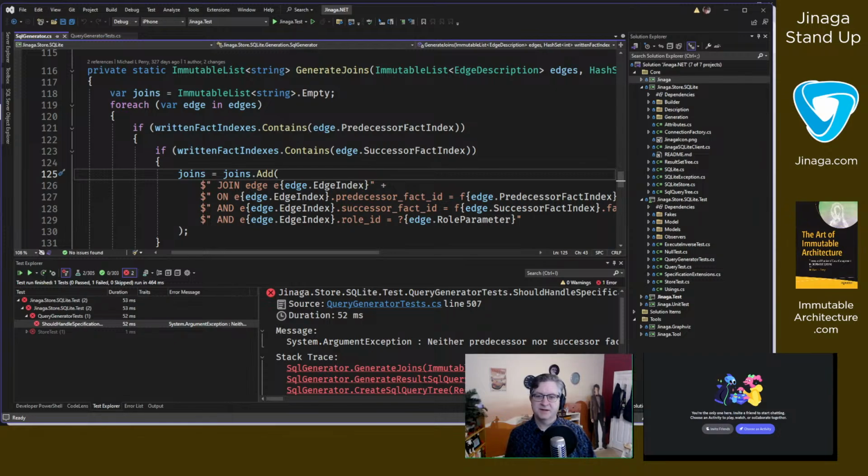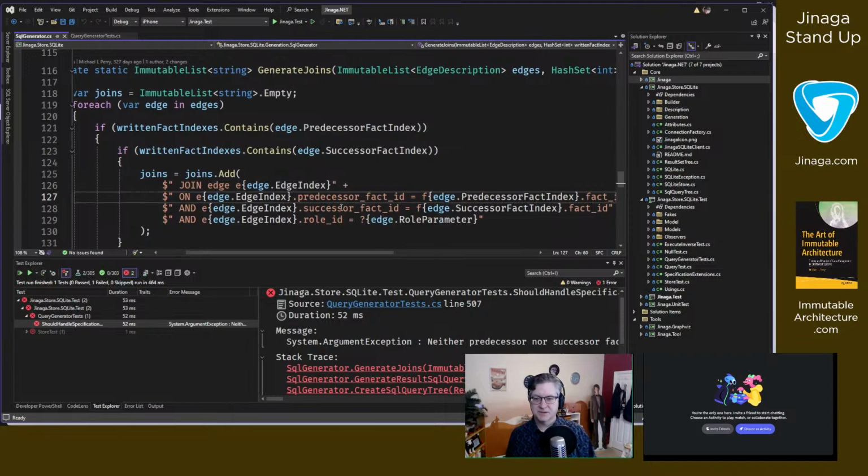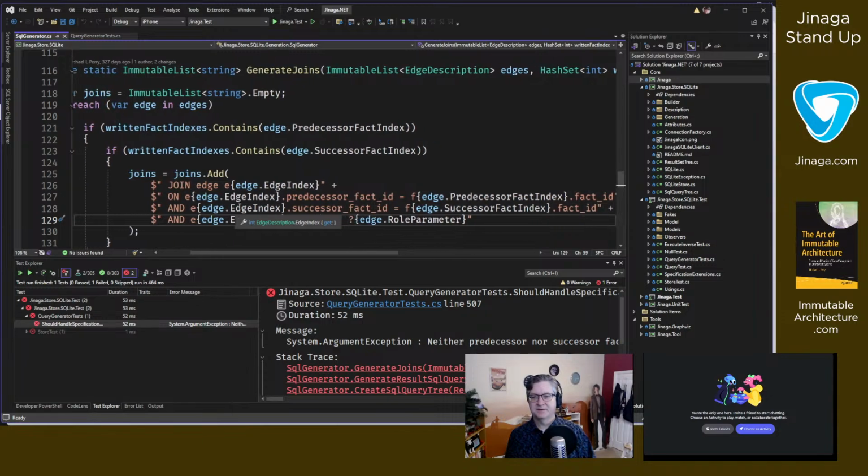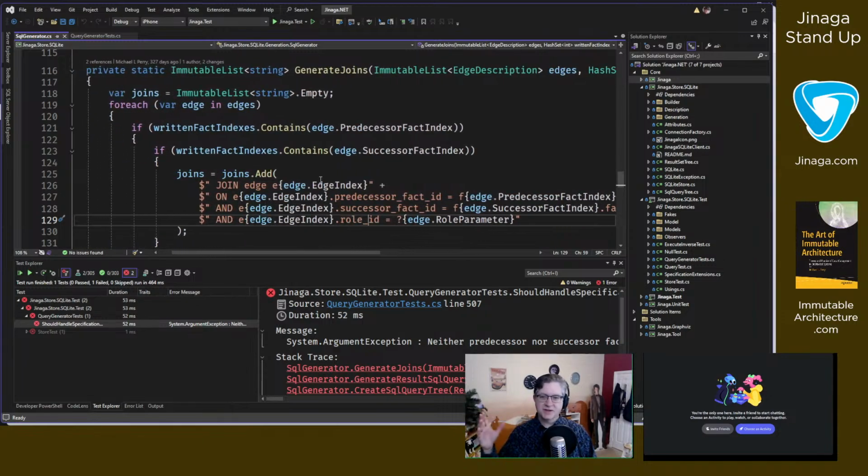In the case that both the predecessor and the successor have already been written, so we've already got aliases for those facts, then I can just write a join edge on both the predecessor and the successor, filtering by role. So that one doesn't introduce any new